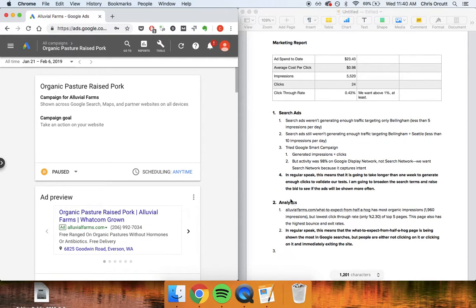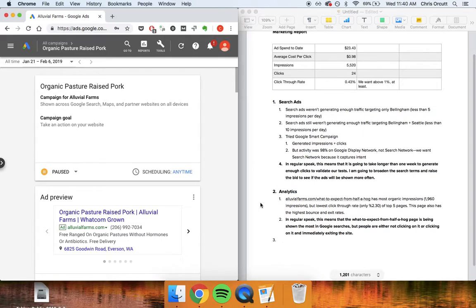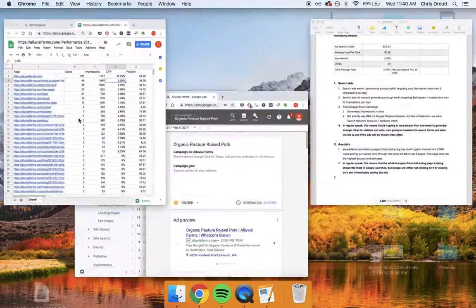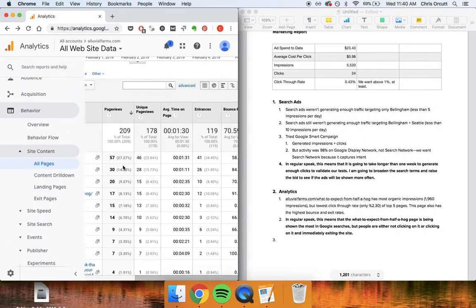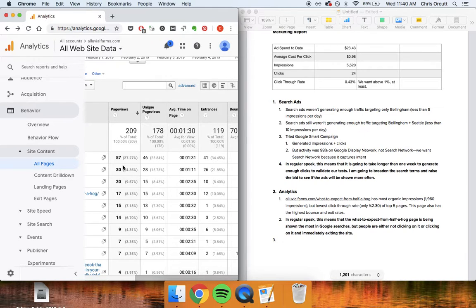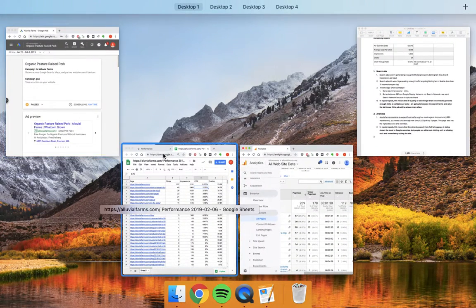Using some of the analytics data, I was able to see what people are being shown organically. For instance, when they're going into the Google search engine, typing something in, what are people searching, and when are our pages being shown to them. So we have